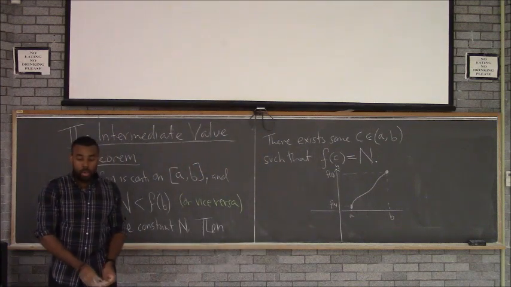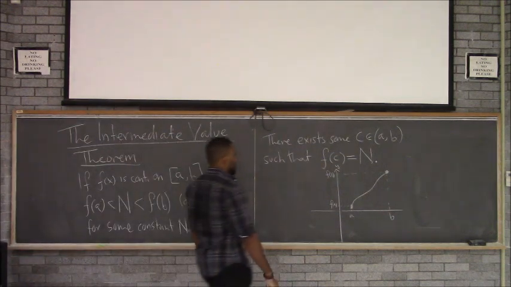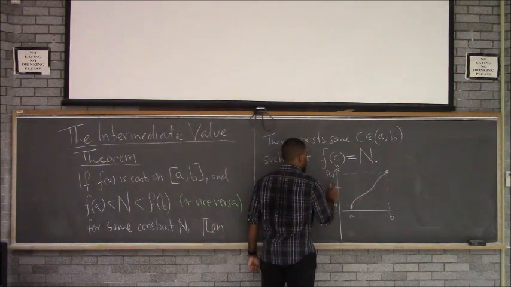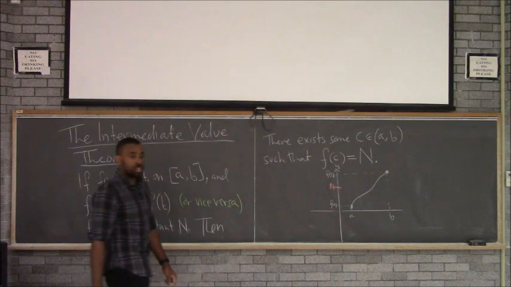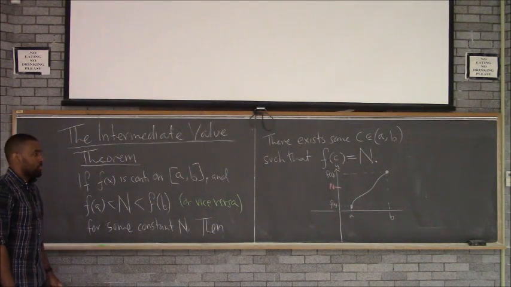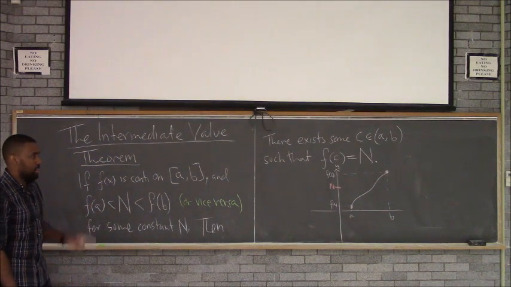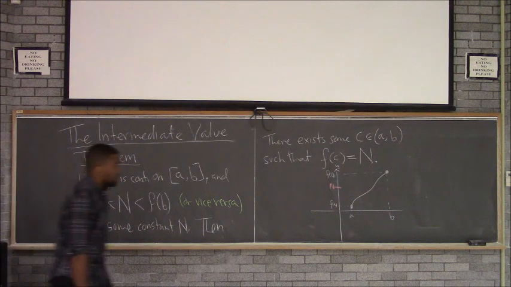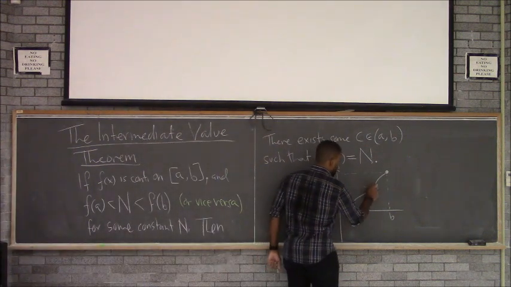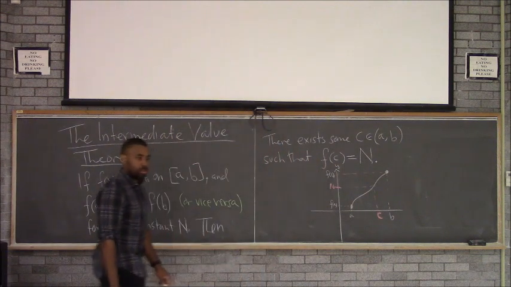Now someone can come and pick any random number they want. It doesn't matter what that number is. Pick a number in between these, called n. Any intermediate value. Then it turns out that there will be some input value in between A and B, such that the output of that input value will be specifically that number n. More specifically, that number is going to show up here in this example, right?